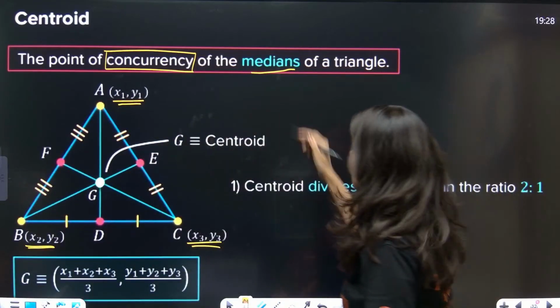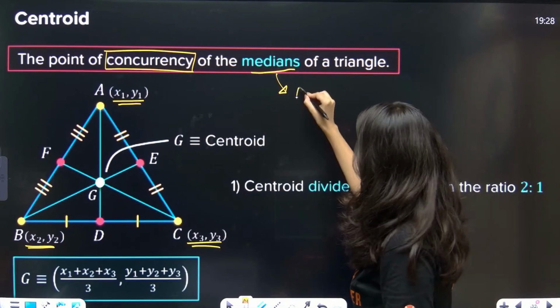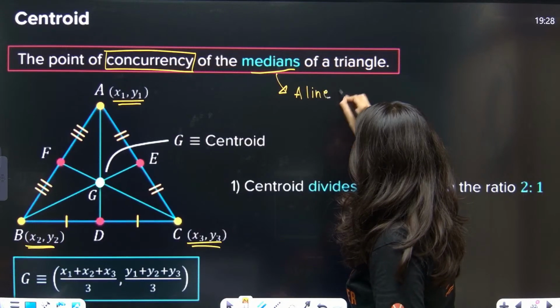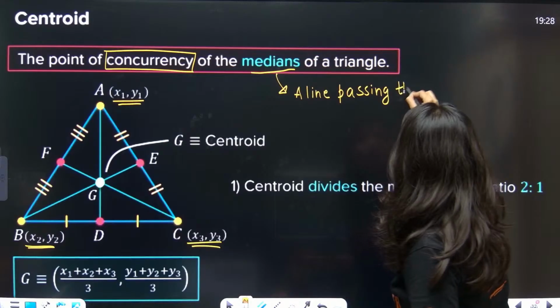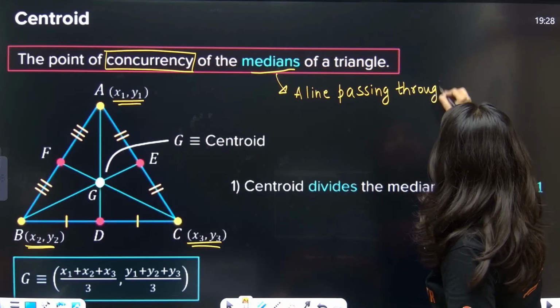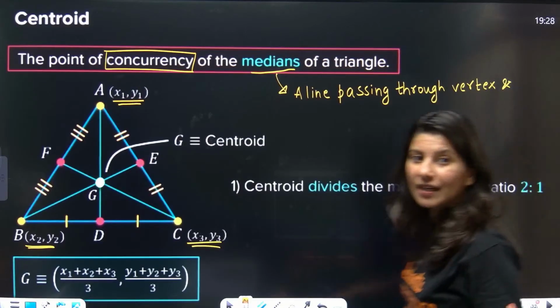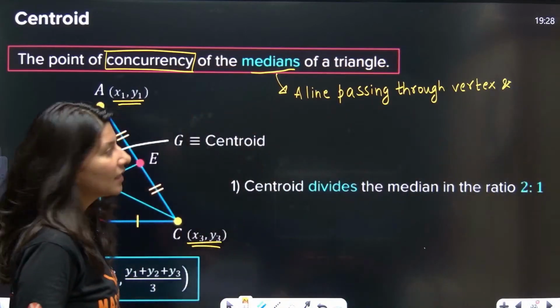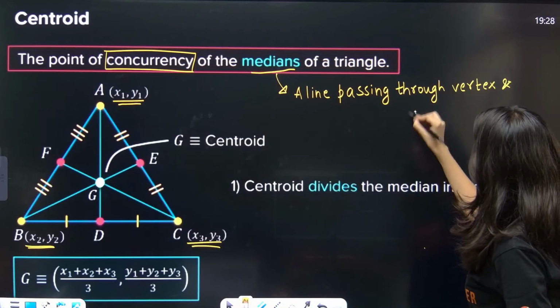Median is nothing but a line passing through vertex and divides